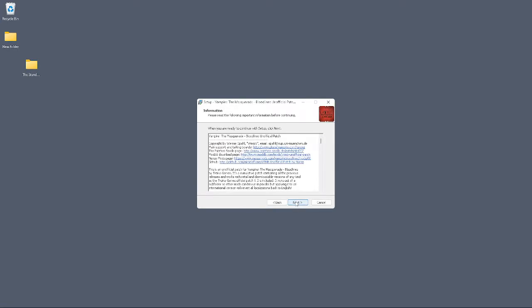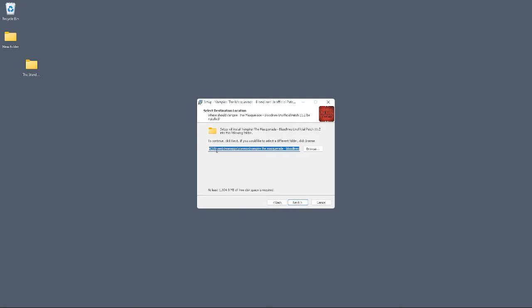Click next, next. Now this is the important thing. Now if your game is not on your C drive, you will want to go to the drive that it's on. So what I do is I just go over here and I just delete it, and then you can put in, you make sure you have it capitalized because all your drives are capitalized. So if it's the D drive, you put a capital D. But make sure it's before